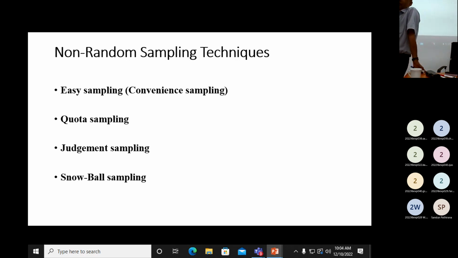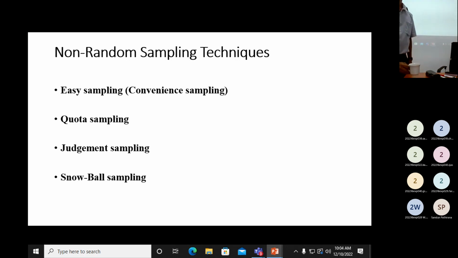Convenience. You are going to study the customers, you go to the supermarket, being at the entrance, the customers who are coming first, you select for the sample. Distribute the questionnaire or make interviews to collect data. That is convenience. From where you can select your sample very easily, that is convenience. Right. Now we write down very easy.